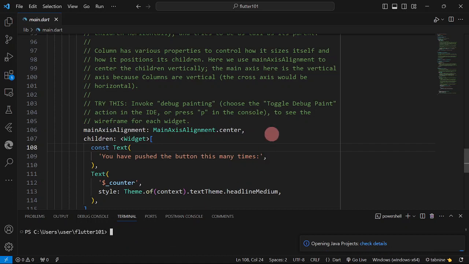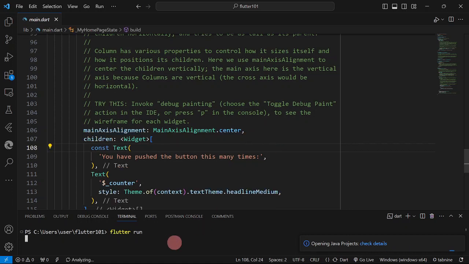Okay, so we're not ready. So to run our code, we're going to issue again flutter run. The command here is run. Now, what we're going to do today is run our application in our emulator. So we could actually use the browser, the desktop, or an Android emulator so that we could run our app. And due to some hardware constraints, I am going to use the desktop emulator. Okay, so when I press the enter key,